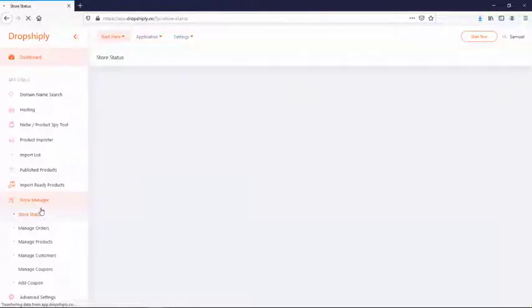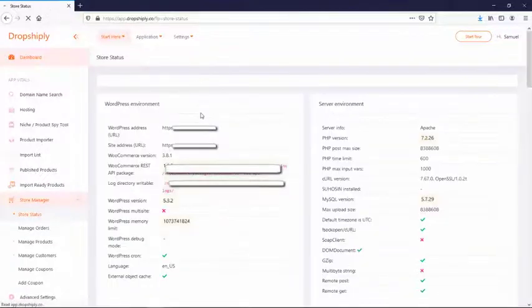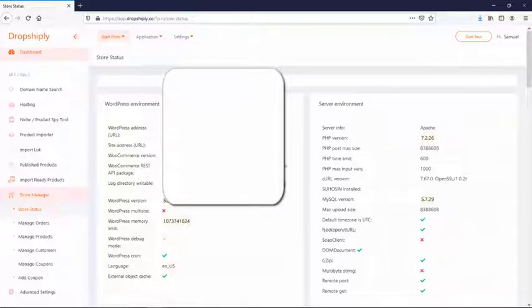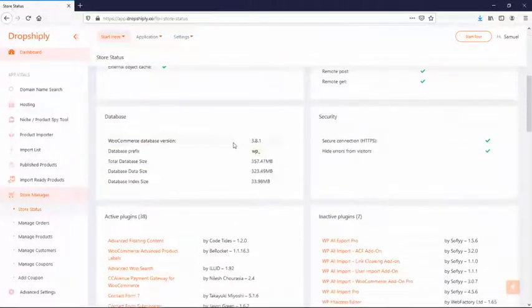I'm gonna click on this one now. Basically, this is massive right here because it gives you a complete overview of the status of your store. What's happening, every little detail about your store, it's right here. You can check WordPress information, the WordPress environment, all the info right here. You can also check the server environment. Scrolling down,